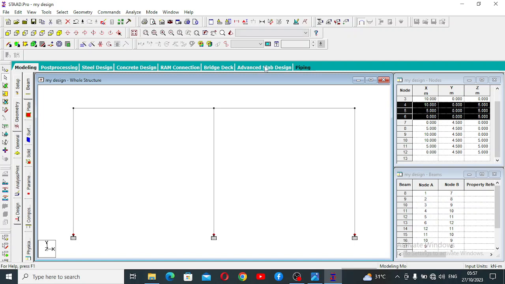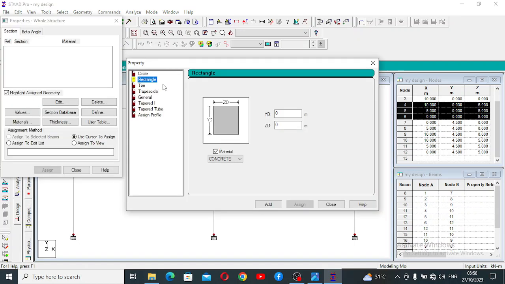So we're going to give material to the beam and the column, and since this is a concrete member, we're going to create a concrete material. So we'll go to property and define a rectangle type. So the first thing we are going to define is, let's say, our beam is a